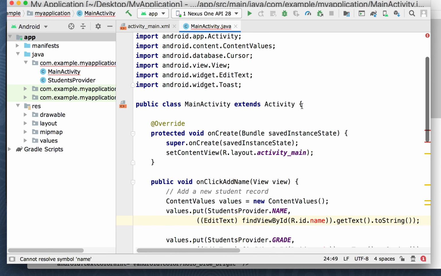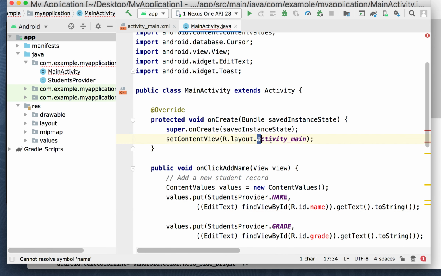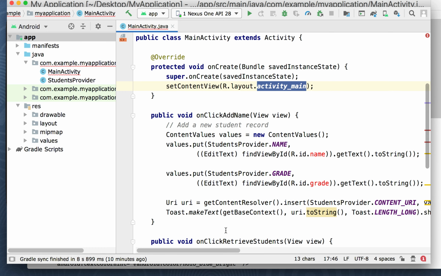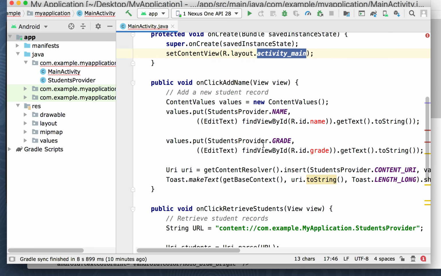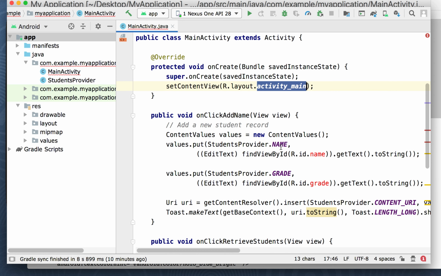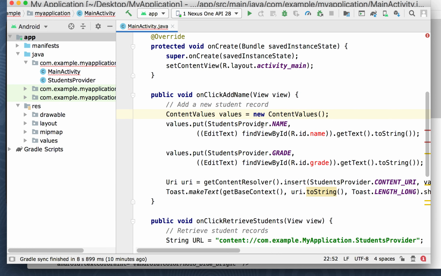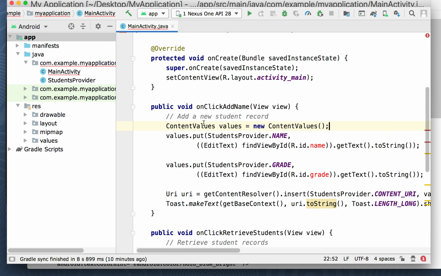So main activity extends activity. On the onCreate, we're going to use activity_main, which we've got there. And then on the onClick addMe, and then we have the two buttons here with the onClick retrieveStudents. On the onClick addMe, it's going to add the student in. So the ContentValues is equal to new ContentValues. And we're going to take the StudentProvider.NAME and we're going to put values in. So the put values is going to come into the ContentValues. So ContentValues is values. So values we're going to put into there the